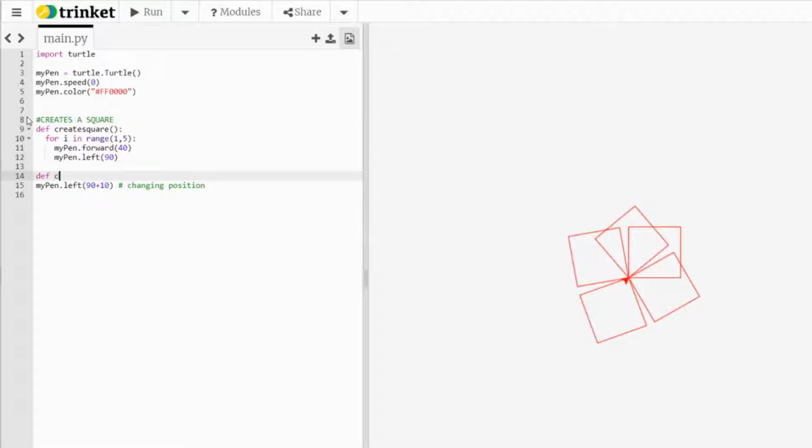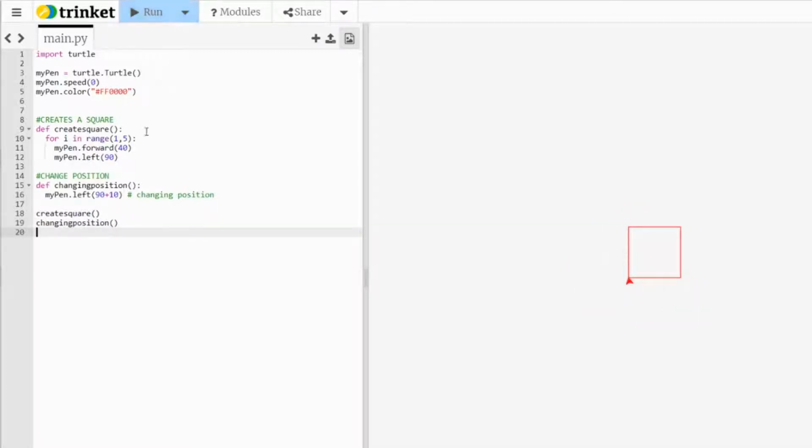So let's put that in a function as well, change position. Now, if I create a square, what I'm doing here is calling this function, create a square, and if I then also change position, it produces a square for me and it changes the position. So if I create a square, it does the next one, change position,